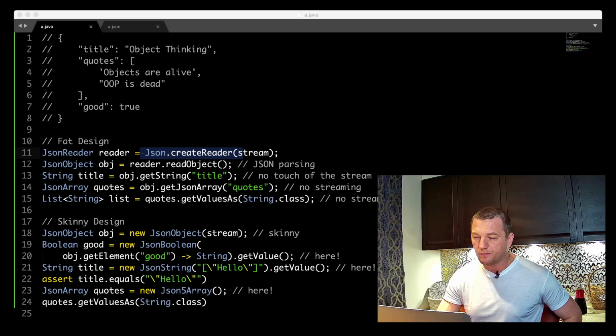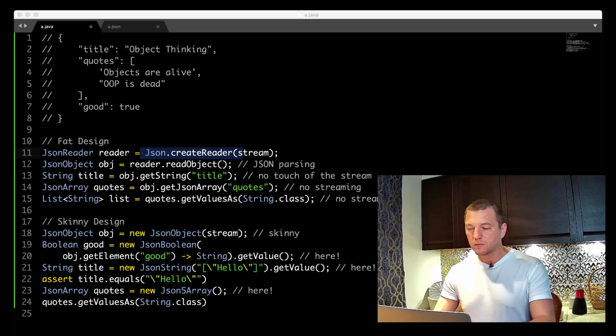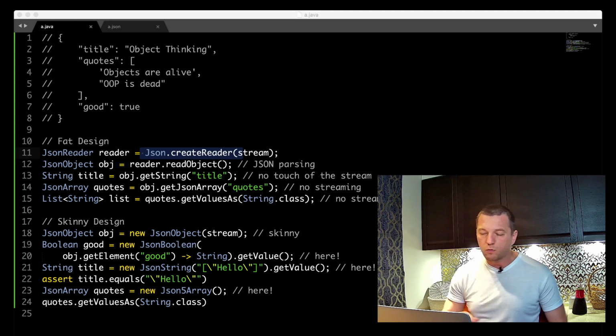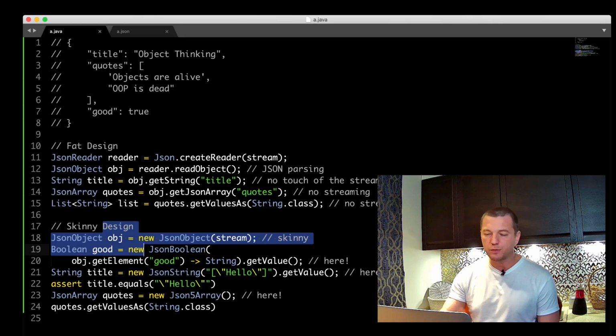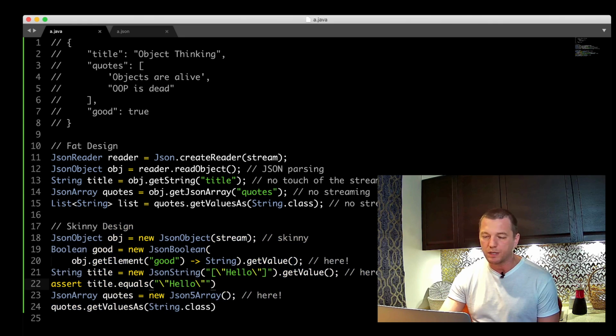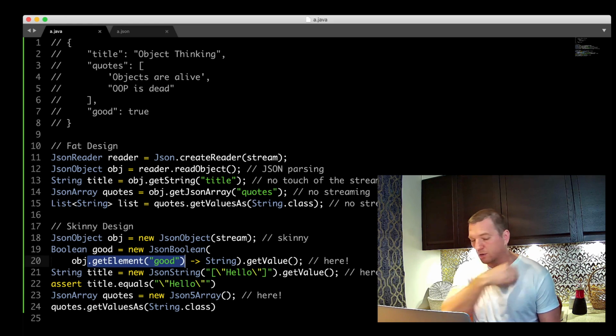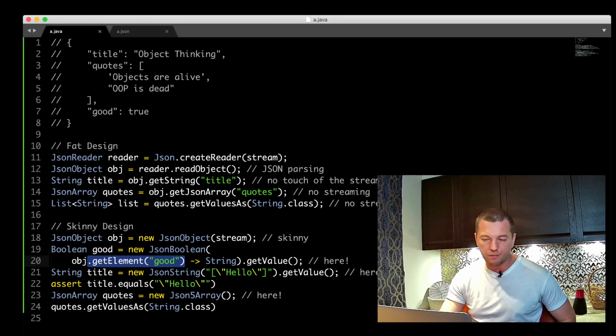And one last point is that, of course, in real life, there will be a combination, a mix of these two designs. You're not going to have the pure Skinny design ever, because sometimes you will have compromises. Sometimes it will be easier not just to return the pure data out, but maybe do something internally and pre-parse something.